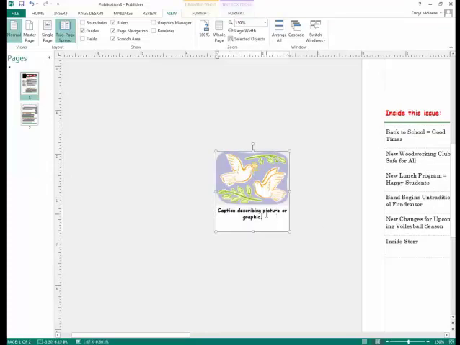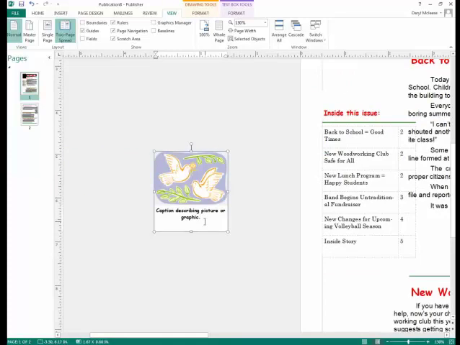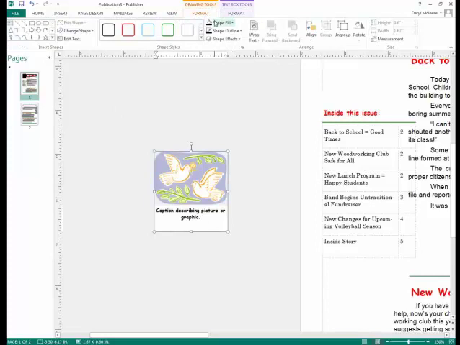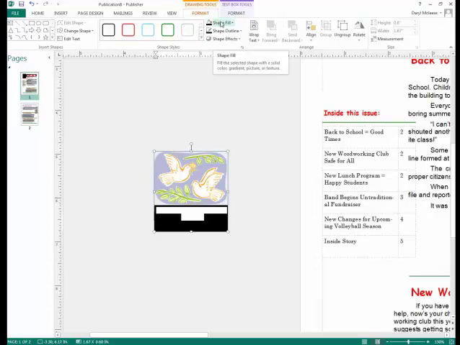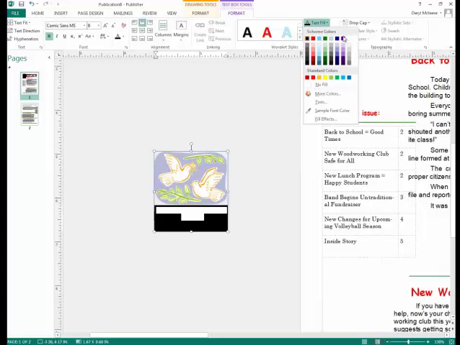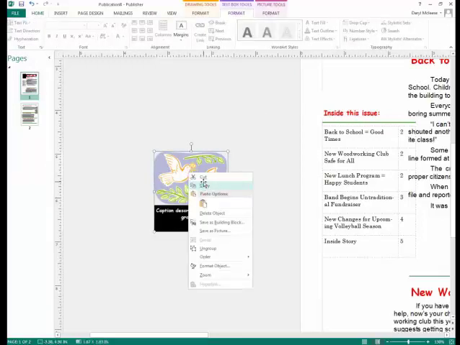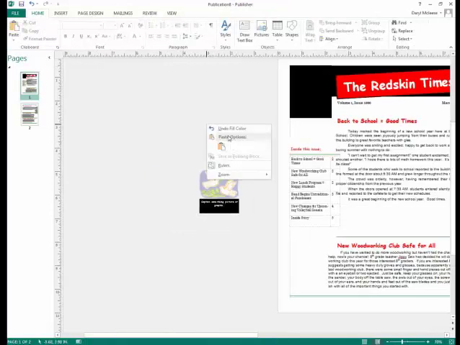So the white text box blends in too much with the white background, so I'm going to change that, and I'm going to fill it black. And you don't have to do this, you can use something else. I just want something that's going to stand out a little bit. I'm going to change the text to white there. And then I'm going to copy this picture. I'm going to paste it,